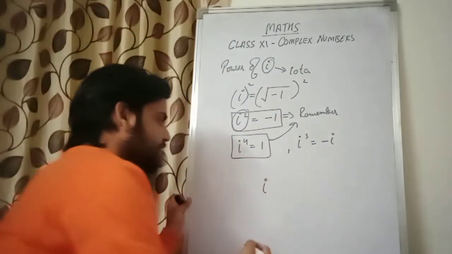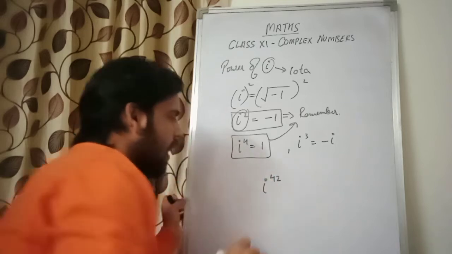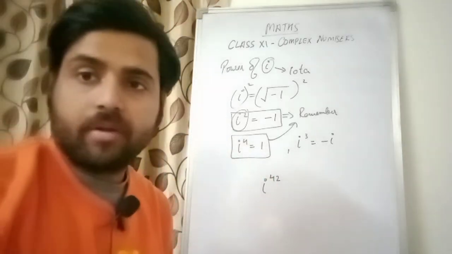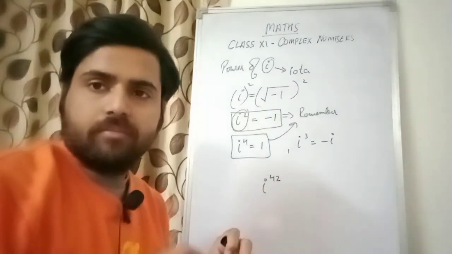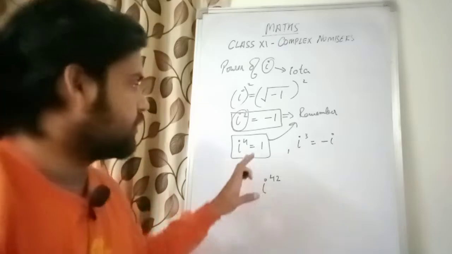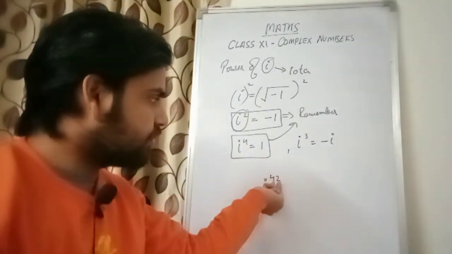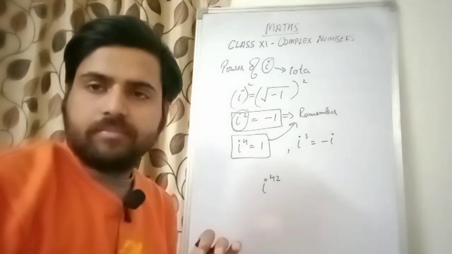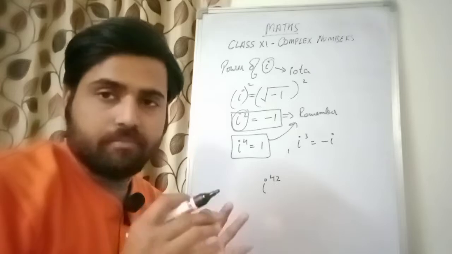complex number. Let's say I is there and the power is, let's say, 42. So now I have to break this power of 42 in terms of 4, because I to the power 4 is what? 1. So I have to just break this 42. Now this 42 does not come in the table of 4, but what we can say,